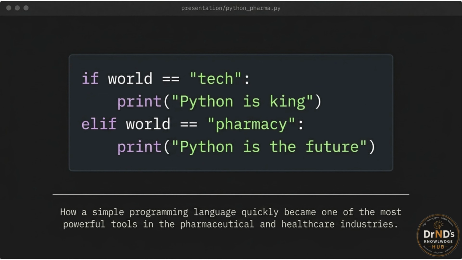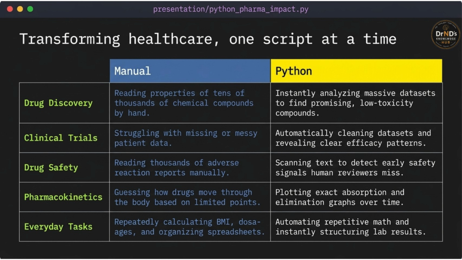So, by learning Python, you are not just learning to code, you are learning a tool that can help solve real world healthcare challenges and shape the future of medicine. Let's compare how things are done manually and how Python can transform the same tasks. In drug discovery, researchers often need to analyze thousands of chemical compounds. Doing this manually is extremely time consuming, but with Python, we can process massive data sets and identify promising compounds